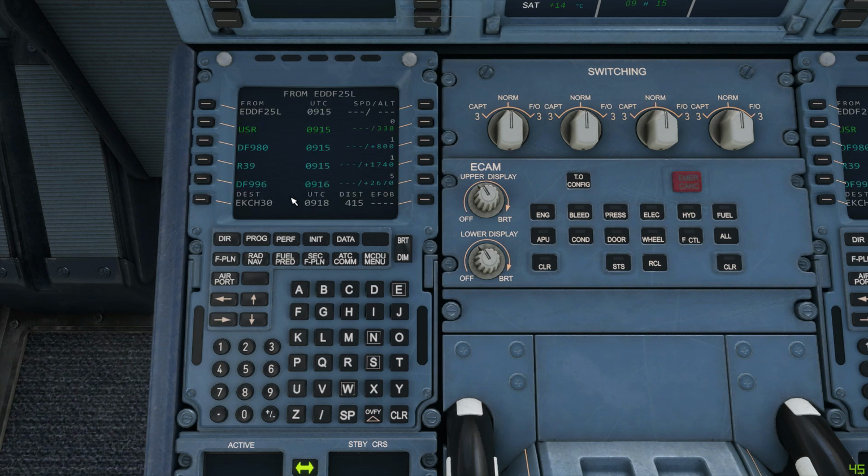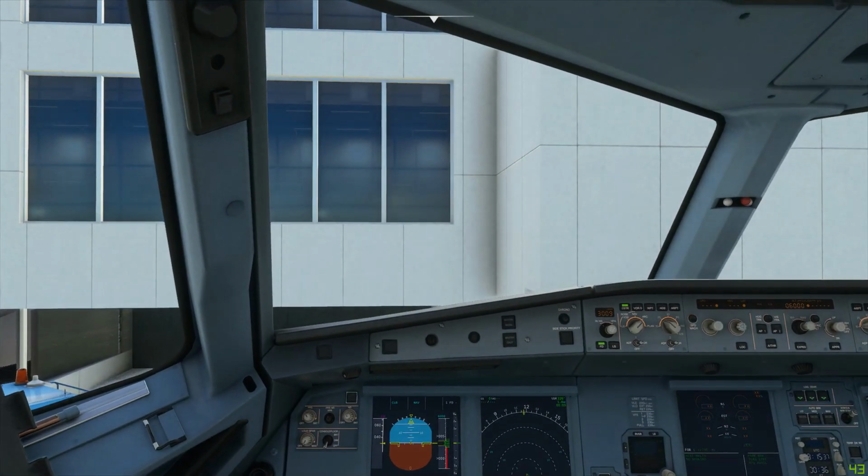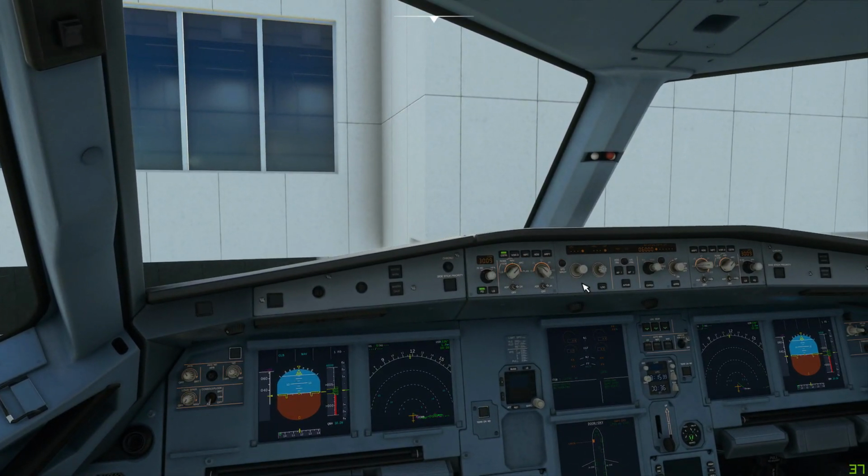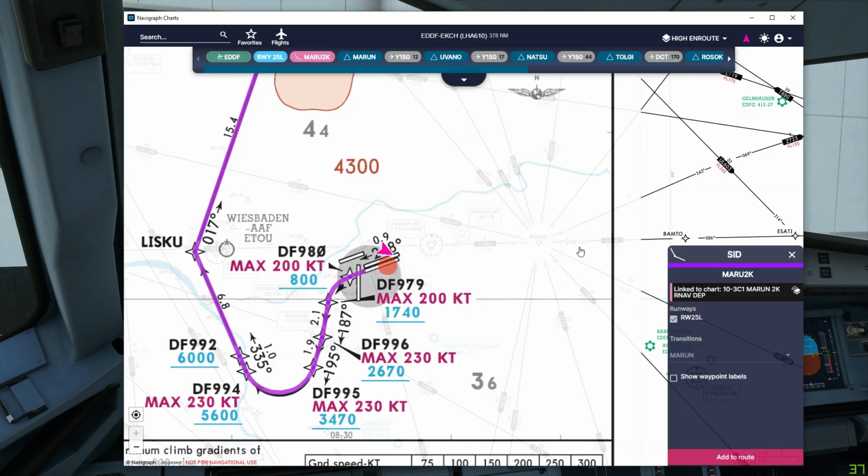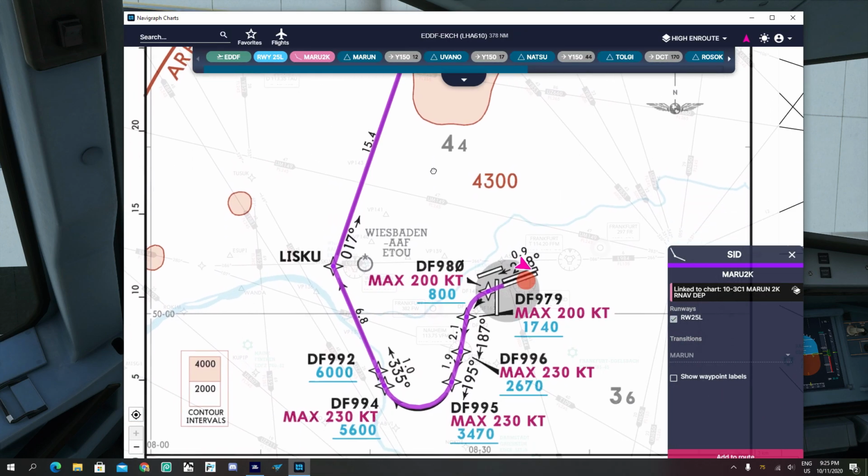But for now, what we are going to do to follow the restrictions is, remember, when you click up, it's managed speed mode. When you click down, it's selected airspeed mode. So we are going to set our selected airspeed to 200 knots, and hopefully the autopilot will follow that restriction properly, and when we pass that waypoint, we are going to increase the speed to 230 knots and keep it there until we reach